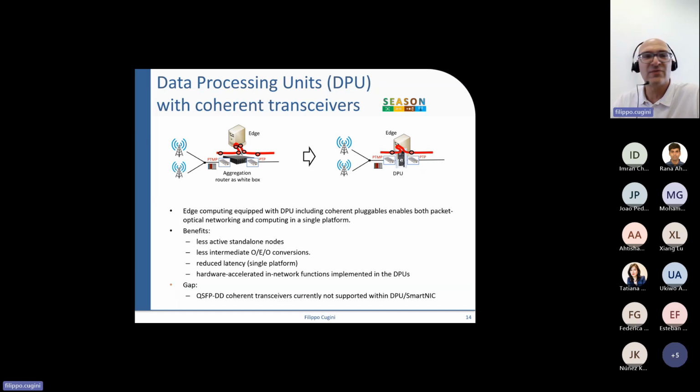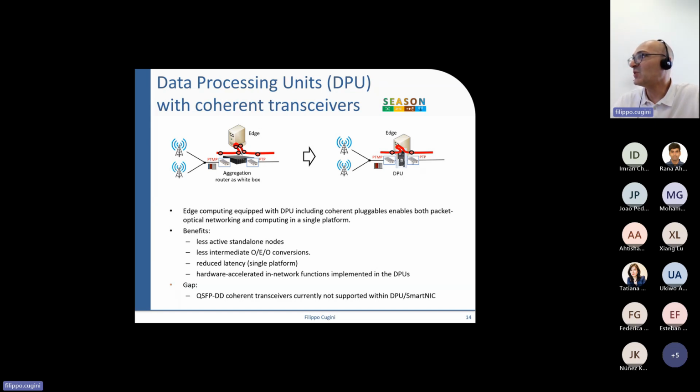So here there are a lot of opportunities to perform deep packet inspection, security, to do a lot of operation. So traditionally, these are separate elements. So we have a server that does the encryption with a regular NIC that sends the traffic to a nearby router that is then used to make the connectivity to long distances. But with this pluggable, we can now imagine to plug these pluggable transceivers within the network interface card of the edge node.